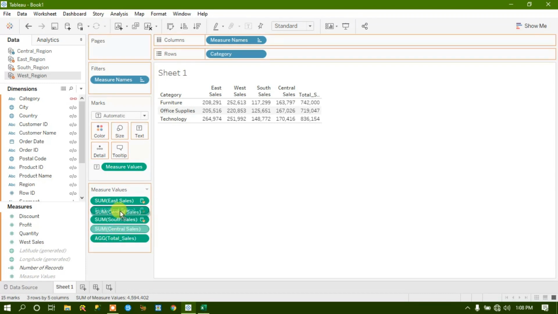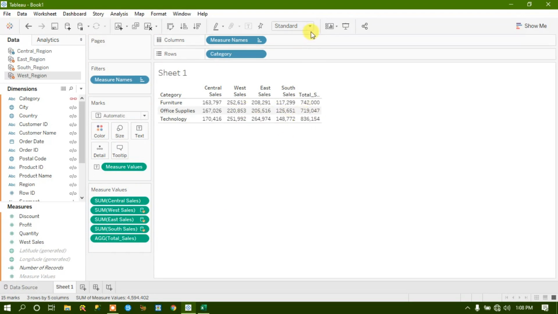arrange it like this. You can arrange the pills like this by dragging and dropping each one. Just drag the left icon by pressing the left mouse key, and drag it over any of the pills, below any of the pills, or above any of the pills. So you will get